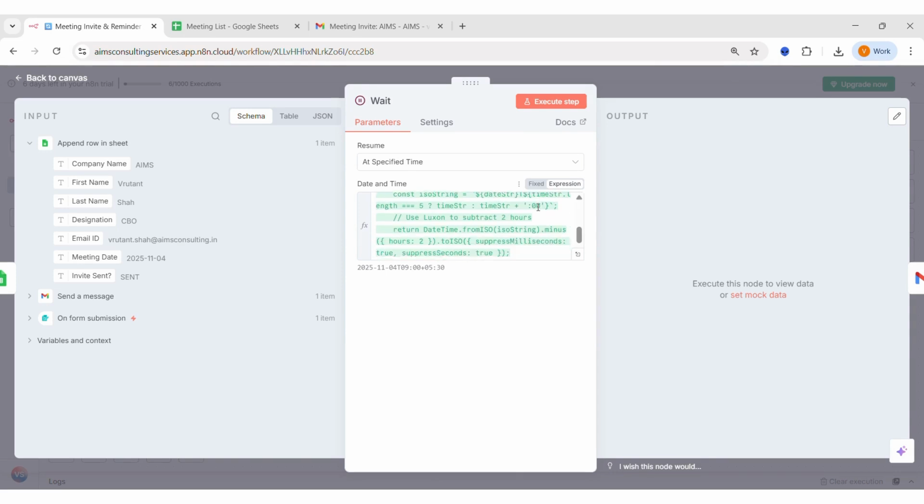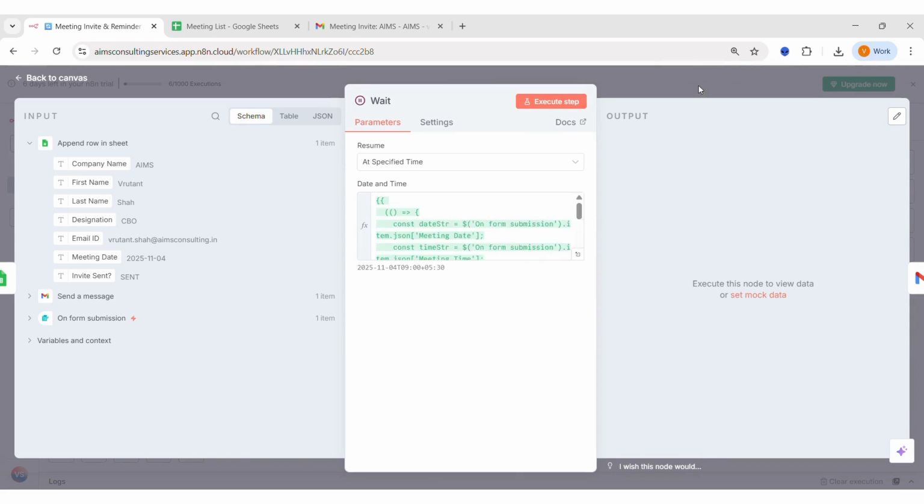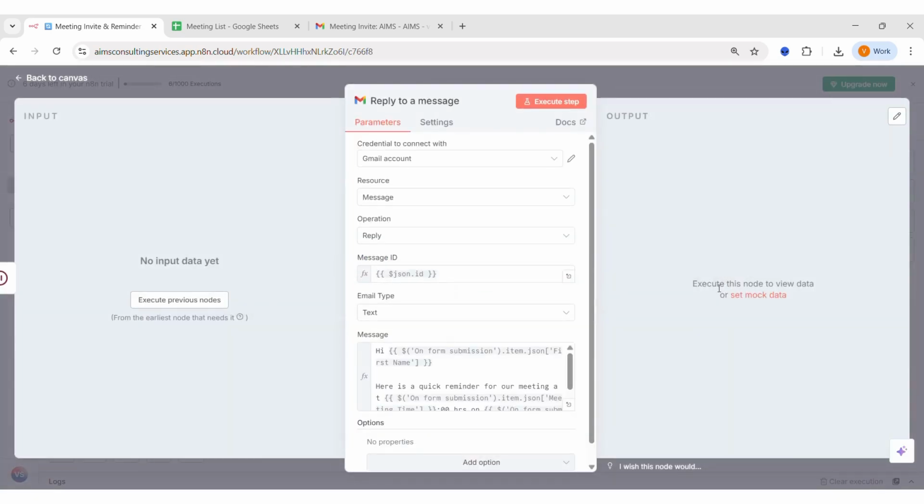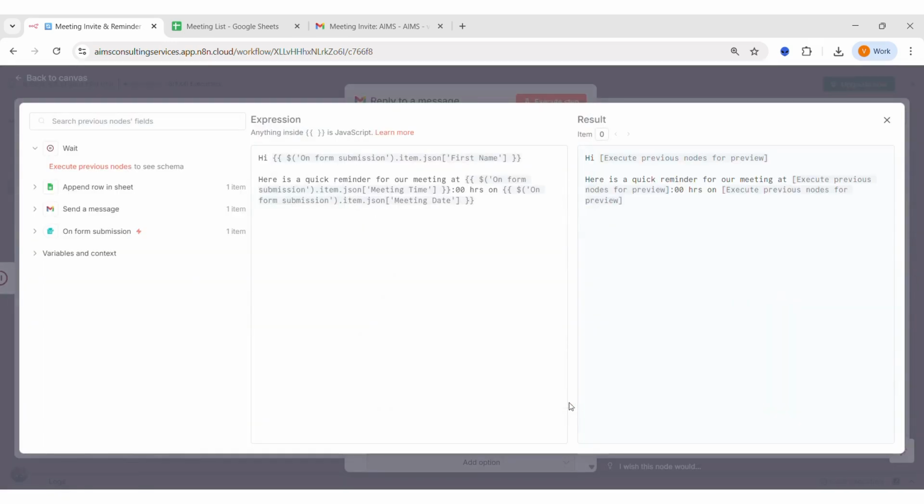So the next thing is that after this particular wait, when it resumes execution, I would want to send a reminder email. So I'll quickly have that node created. And as you can see over here, once that node is created, again, I will simply add in the custom fields that I'm looking for. Now I have added that and I have written, here's a quick reminder for the meeting, and that is it. So this way I'm able to create a complete start to end flow